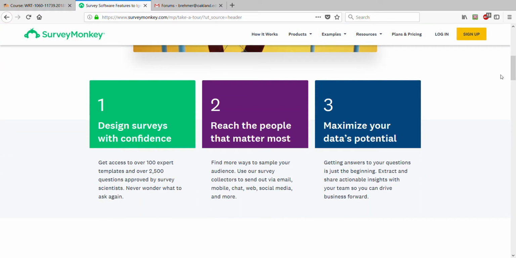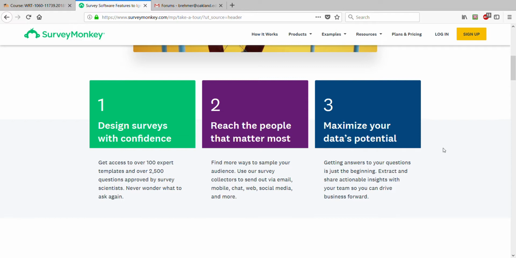And for SurveyMonkey, there's a little button here on how it works, and you can just kind of take a peek around the website. But it's a really good website. I've had students use it before. It works out really nicely. And if 10 questions, including your demographic questions, works for you, then it is a really great website for you. So you can take a look in there if that's what you'd like. You can also give surveys by hand, calculate the results yourself, or enter each into Google yourself, but of course this is far more time consuming.